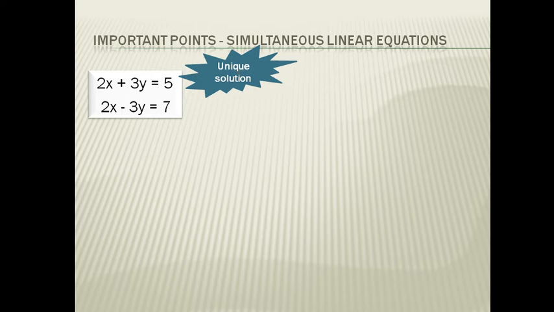And if we plot these two lines in the xy plane, then these two lines intersect at the point 3 comma minus 1 by 3. That means x equal to 3, y equal to minus 1 by 3. Now we consider another set of equations. If we divide the second equation by 2, then we get the first equation.